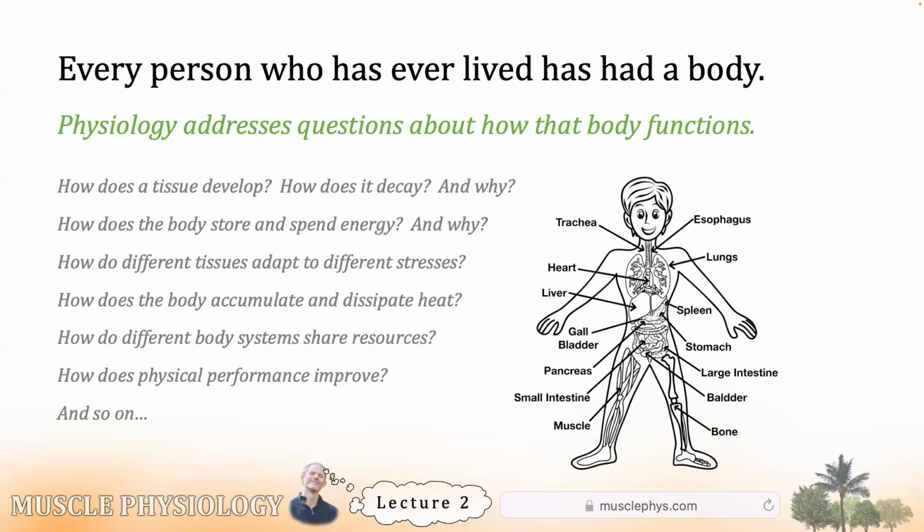I have one in my right limb, but not one in my left. So examples abound of anatomical differences. This is just one of them. But the point is, we all have bodies, and those bodies have a lot in common. Not everything, but they have a lot in common. And human physiology, as a field of study, investigates the functions of that body.